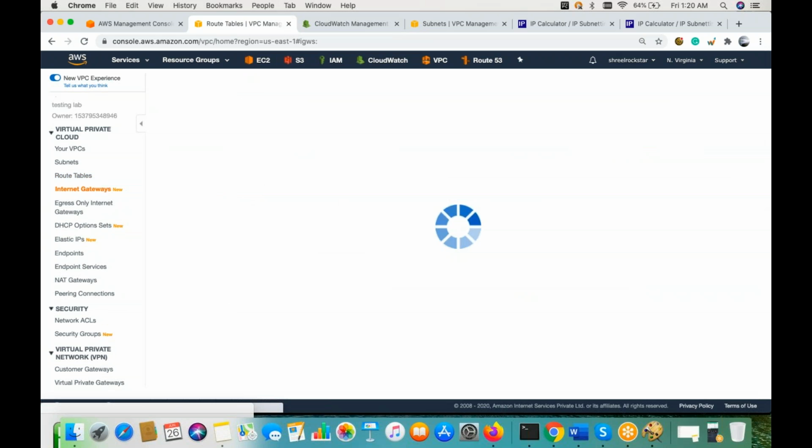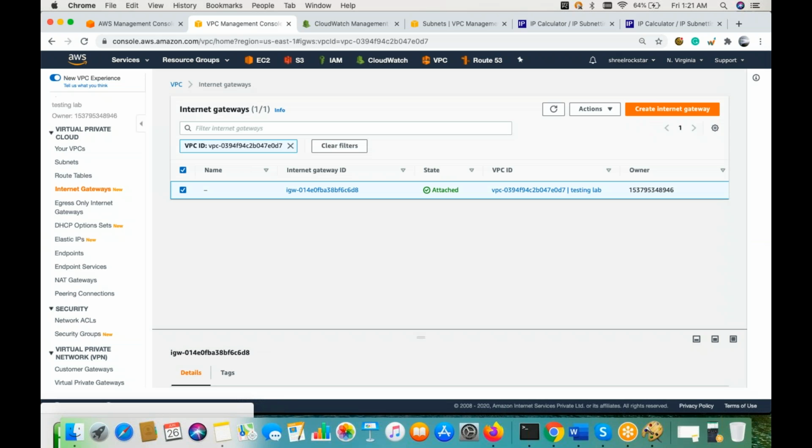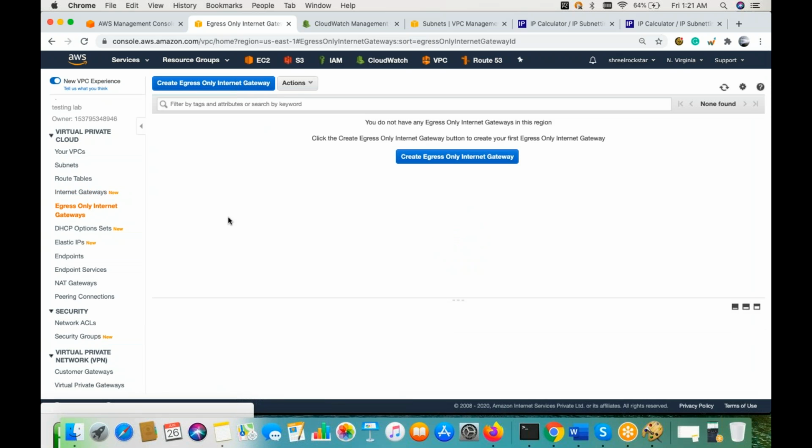Now if you go to internet gateway, guys, by default there is one internet gateway which is automatically created and attached to your VPC. So you don't have to create another internet gateway, which we call IGW. We have one IGW available, created here and automatically attached to our VPC. Now, there is also the egress-only internet gateway. There are two types of network traffic, ingress and egress.